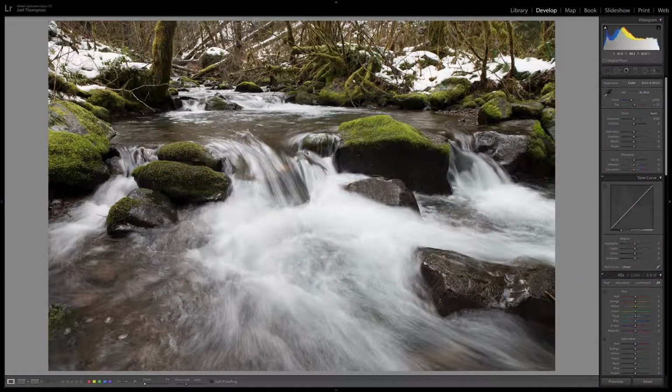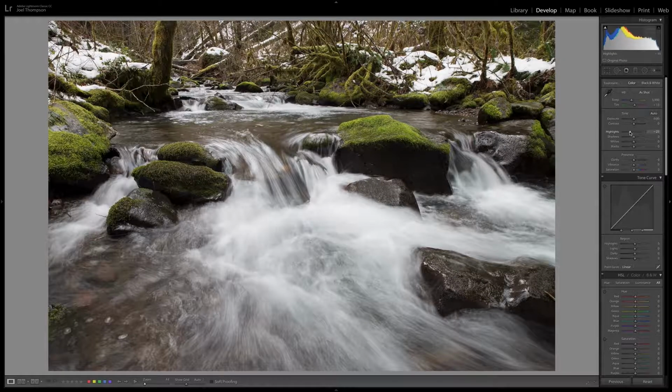Okay, so this is Joel, and I'm going to do a quick edit from a hike I just went on up to Panther Creek, and do a quick walkthrough on the Lightroom adjustments I'm going to make to this photo. So I've already opened it up in Lightroom. I'm in the Develop module. So typically what I do is I start out and